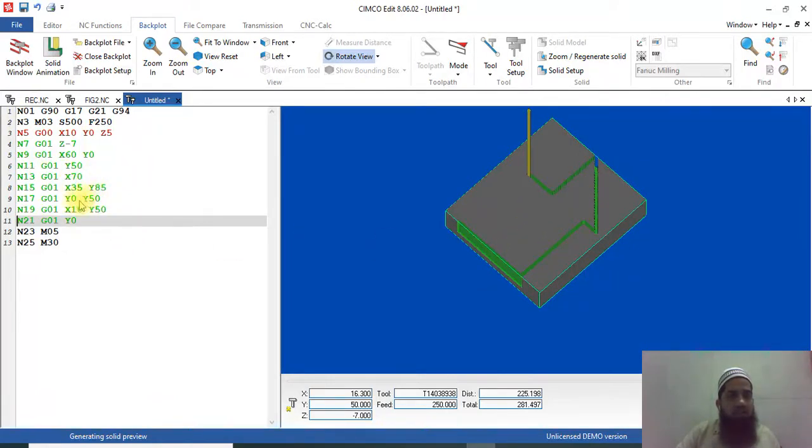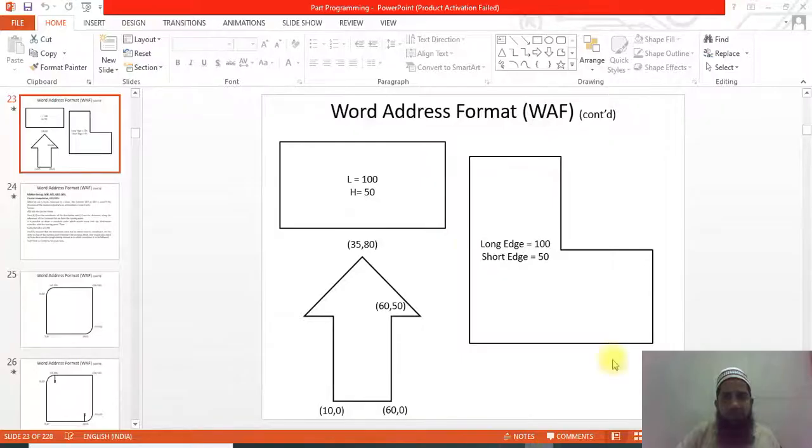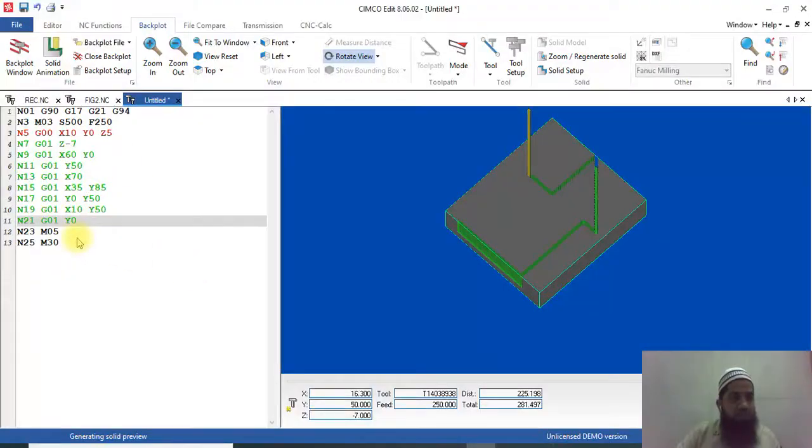Actually, 35, 85, and the value of y will be, it has to move from here to here, right? Where the value of x is 0, not y is 0. The value of x is 0 and y will be 50. I made some mistake, this happens sometimes.